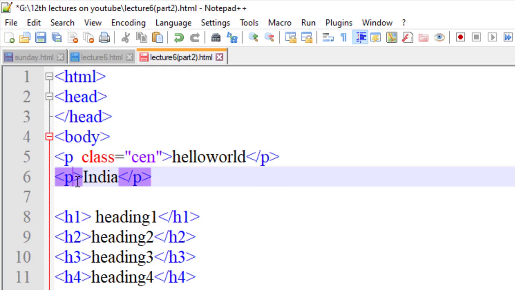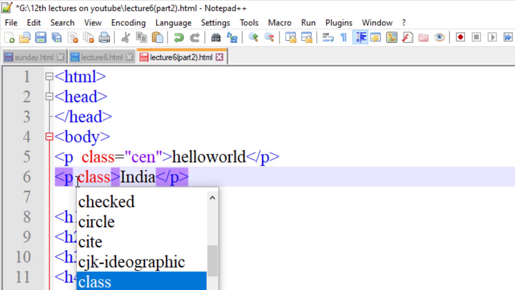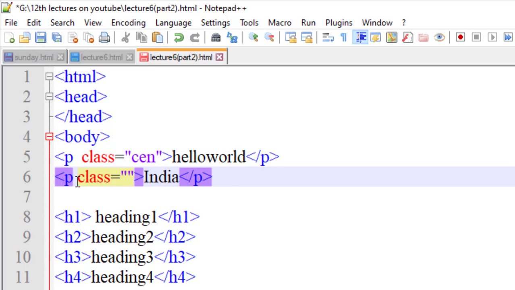And in the second paragraph, class equals to, in double quotes, my color. Just save it.